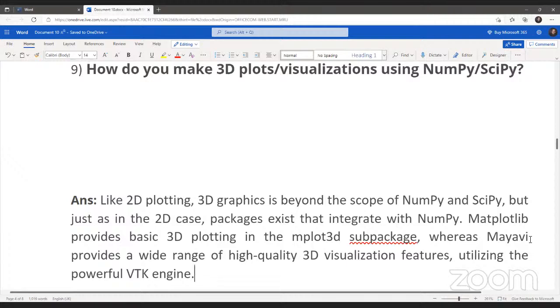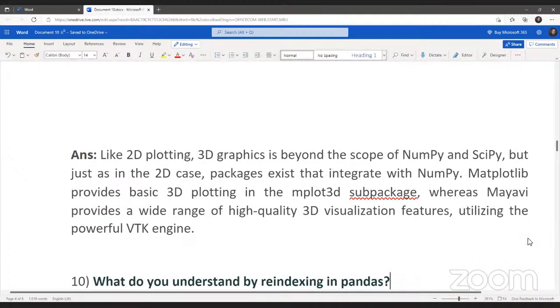Matplotlib provides basic 3D plotting in the mplot3d subpackage. So mplot3d is not a package, it is a subpackage. Whereas Mayavi provides a wide range of high quality 3D visualization features utilizing a powerful VTK engine. So we use the mplot3d subpackage to get 3D graphics from the Matplotlib library, and Mayavi offers a wide range of high quality 3D visualization, also utilizing VTK. As we jump into the next question,